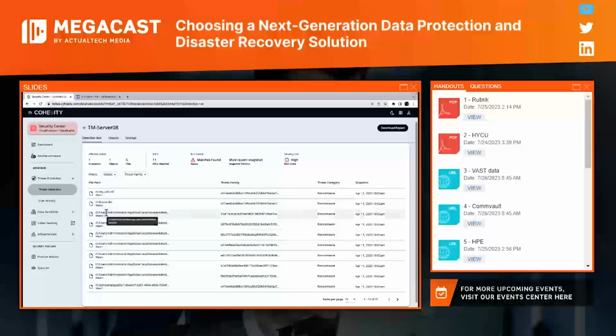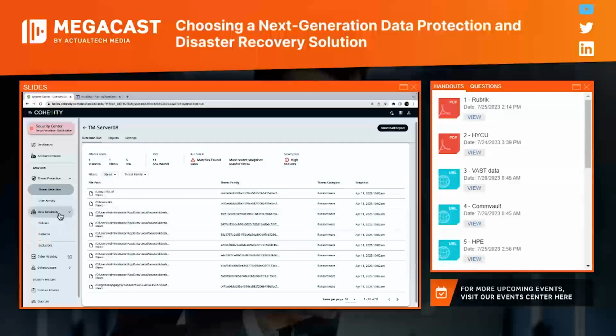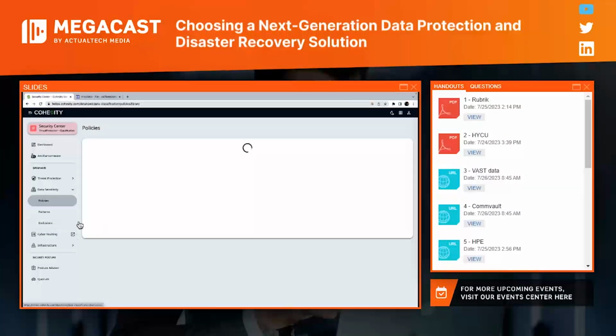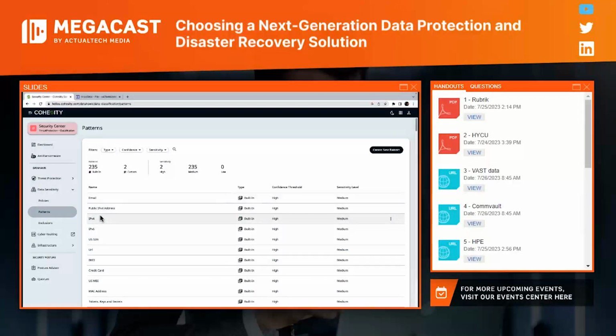Just one last piece before we wrap up: I want to show you that you also have the ability to perform data classification scans. We took a brief look at that within the anti-ransomware section, but you'll also see that we have a lot of predefined patterns that have already been defined within DataHawk, and you have the ability to create more. When I say a data pattern, this is any type of information that you may use within your organization, maybe a particular format that you use for entering things like invoice information, credit card numbers, medical information, or any other type of proprietary information.